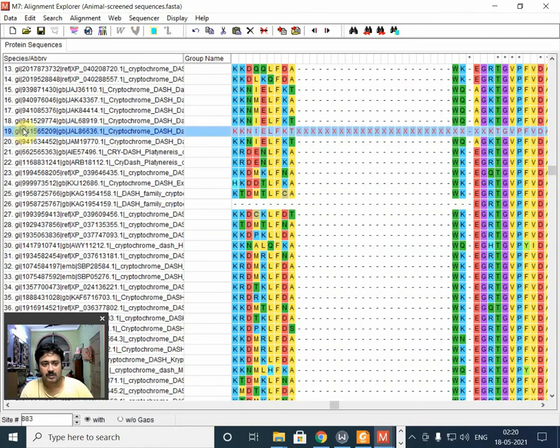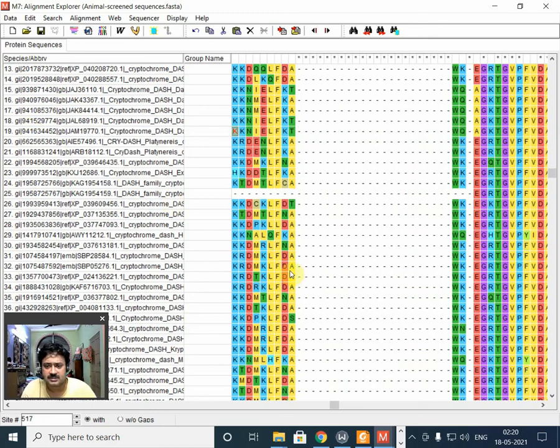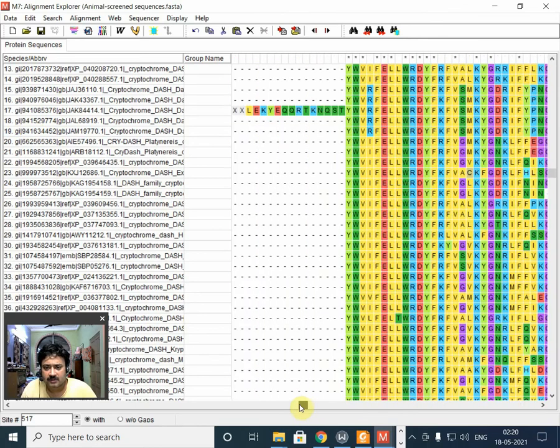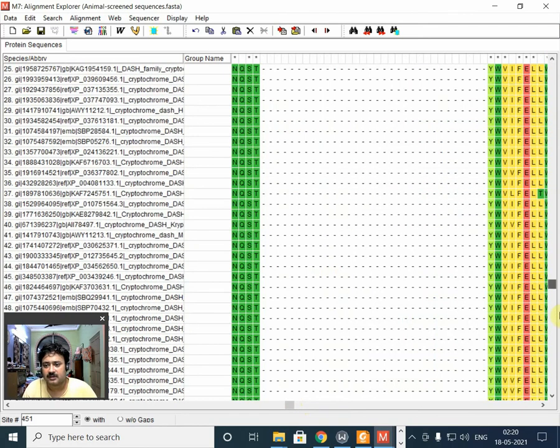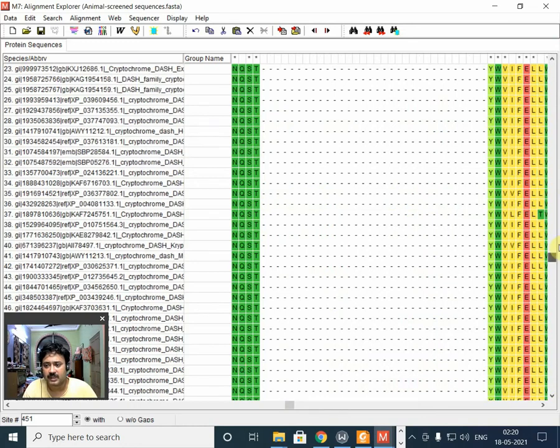In order to rectify this alignment, or make this alignment work, we are going to trim this thing off, or delete this particular species. So we are deleting this sequence. Okay, now if we go back here again in this particular species, this area is not present in any other organism, among any other animals.